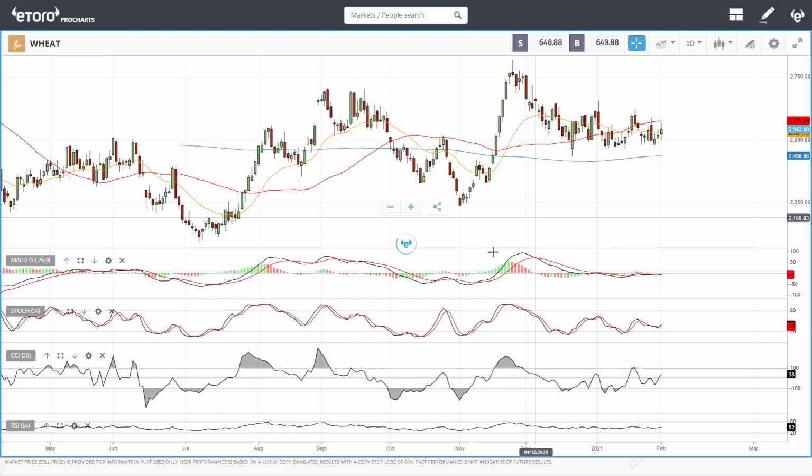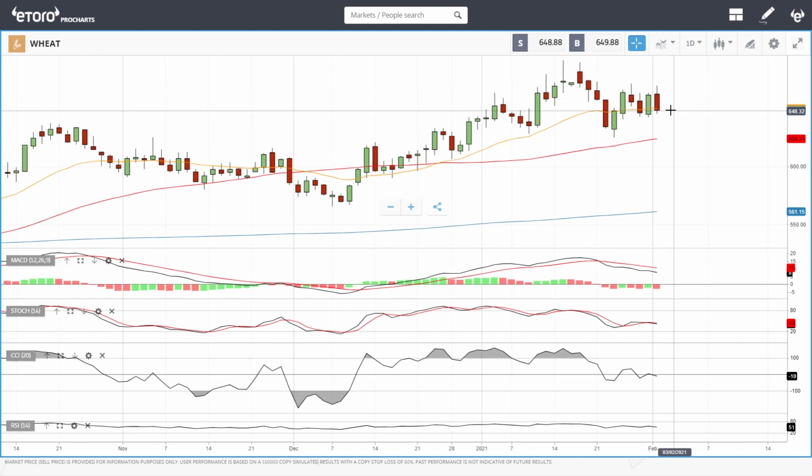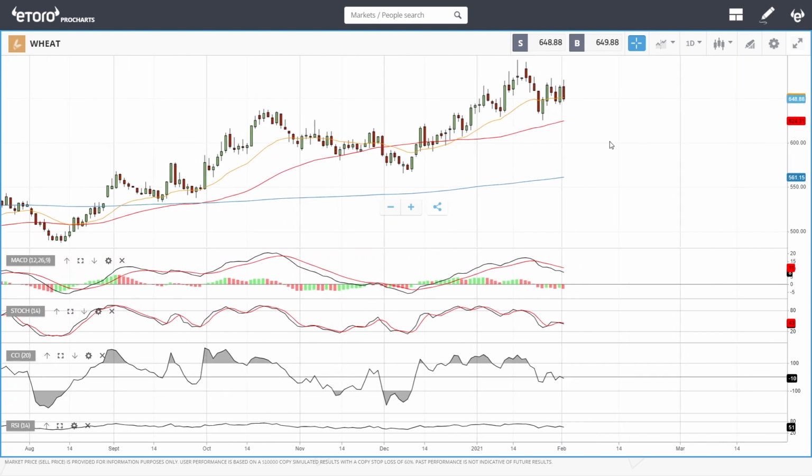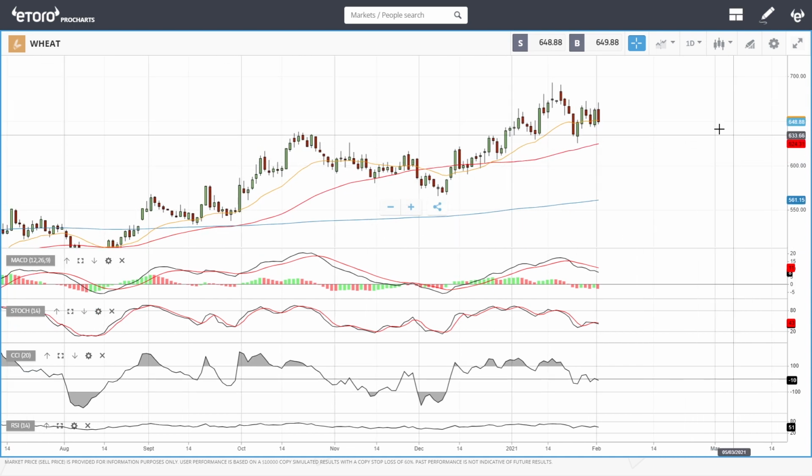So, what happened here? Yes, as you can see, we have broken down quite significantly. This started to look really good until we ran into resistance here, fell down, rallied, and now we have basically broken down yet again. So whether or not we are ready to go significantly higher, that is the question.